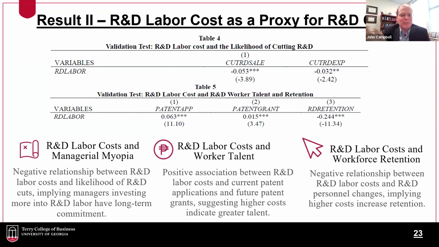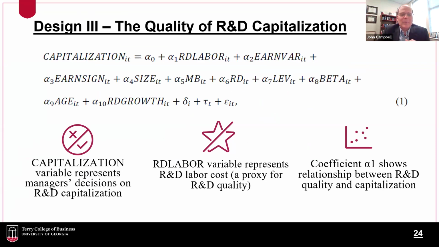You don't see wild swings in it where we add people in some periods and subtract in others. And then here's the main regression, where we put the capitalization percentage as the dependent variable. We're trying to explain what is associated with what gets capitalized. Of course, we have our variable of R&D labor, but we've also got variables that the prior literature has looked at, like earnings volatility, the size of the firm, the growth option (market to book), R&D intensity level,